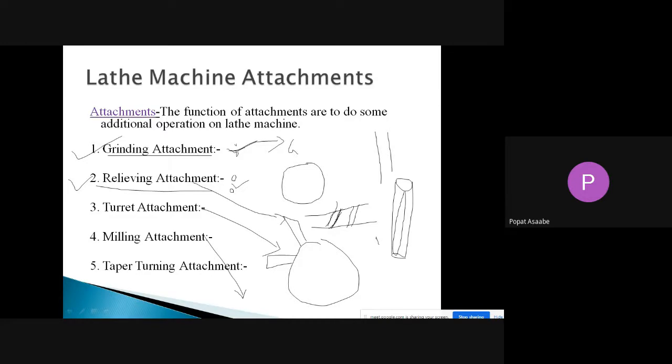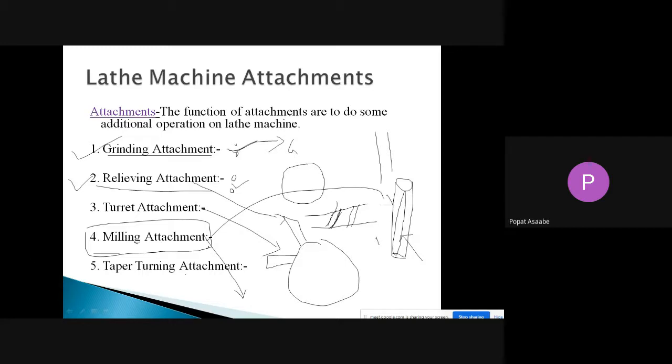Generally we know that we can make the keyway with the help of the milling machine, and that milling machine is not available in our workshop. Then we can provide a milling attachment to the lathe machine, and with its help we can perform such milling operations on the lathe machine.